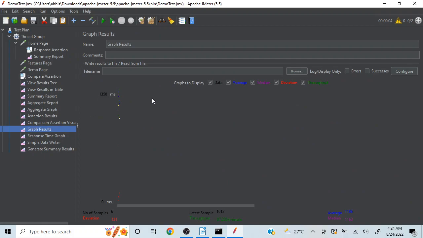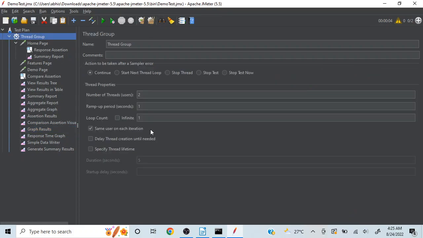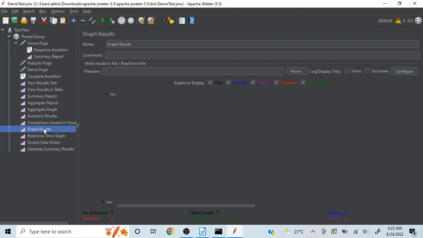Now I'll move to the next listener, graph results. Here in graph results we have options: data, average, median, deviation, and throughput. We have talked about these things, whatever the median, average, throughput, deviation are. Now this is displaying with these particular colors. We are not able to see the colors on this graph in a very clear way because the user load is very low. So I'll do one thing, I'll put an infinite loop here and we will go to graph results just to see how this performs. So I'll run this,